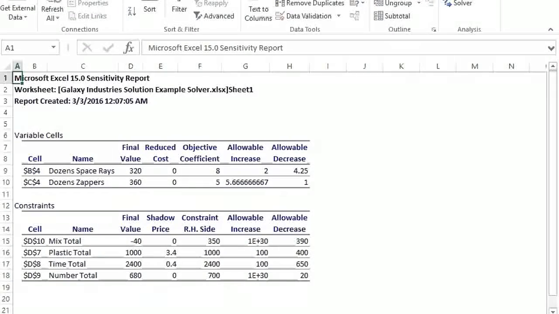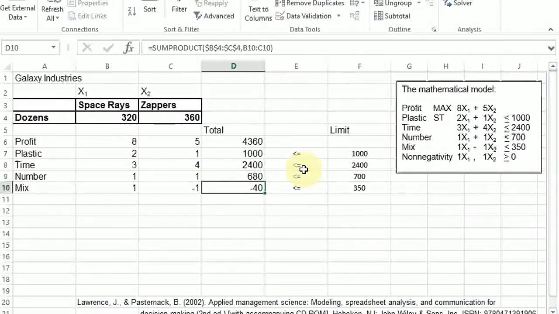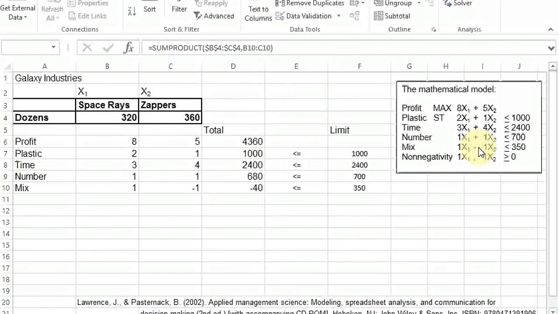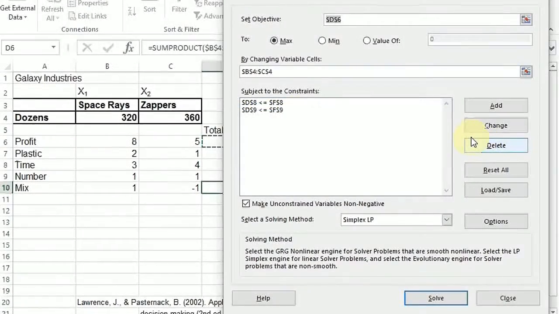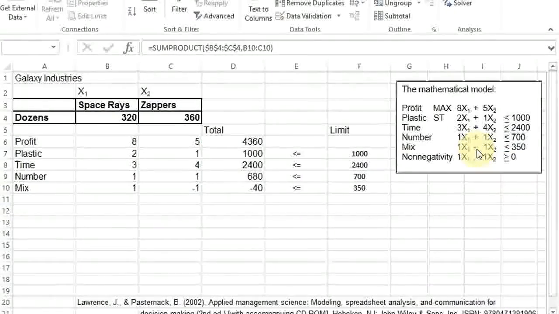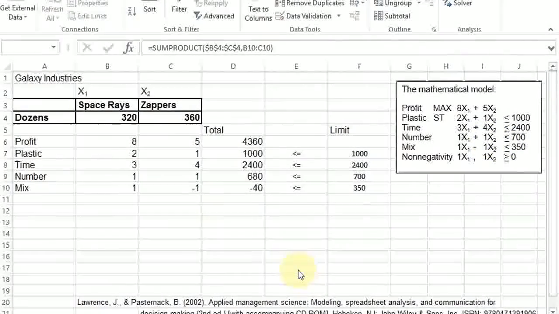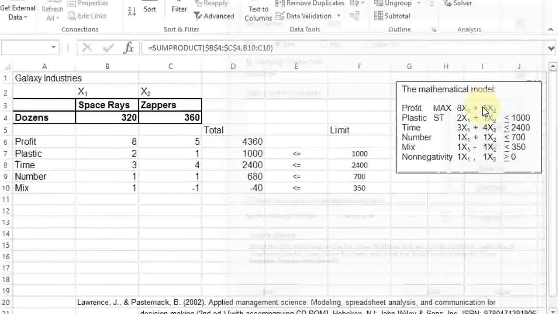Now the last thing I want to show you is how to enter in all like-signed constraints at one time rather than entering each constraint. So going back to the Solver box, I'm going to delete all of the options that we put in there. And we're going to re-enter them all at once. Okay, so now we're going to add, click on the Add button,